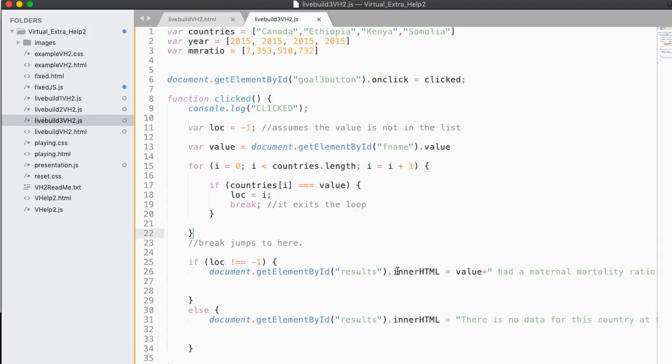Okay, so in the last video, what we did was we removed one of the variables and we talked about how by setting location to -1, that assumes that the country we're looking for is not in the list. And so what I can do is as soon as I find the country, I just say location is I, and then I can break which exits the loop, and then I can just check the state of location. If it's not equal to -1, I know the country is there and I can update. Otherwise, I know the country is not there and I use this default message. But